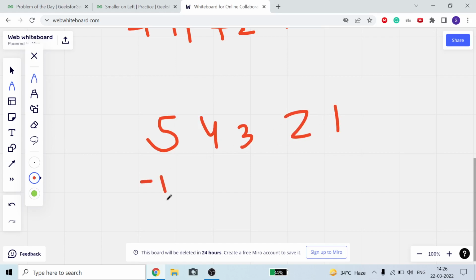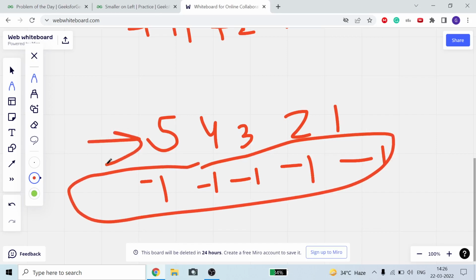For 5 it is -1. For 4 we don't have any value less than 4 on the left side, so -1, same with 3, same with 2, and same with 1. Okay, so this is our answer array for this given array.